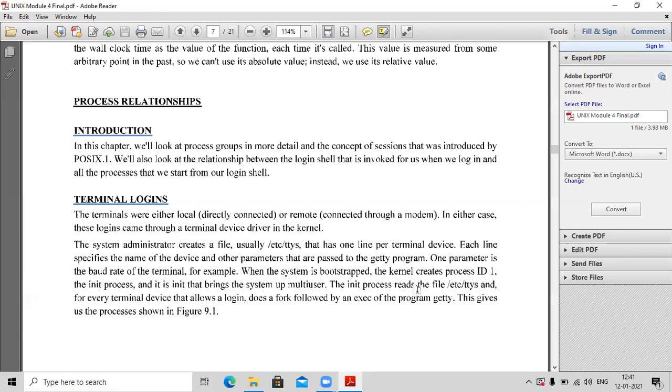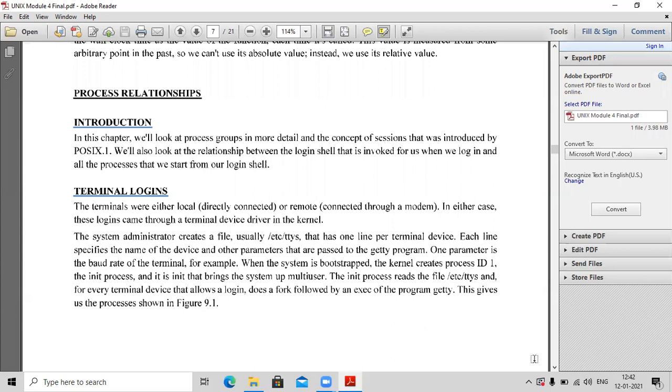So I hope you got some clarity. So what actually is happening? When your system gets booted up, when your operating system gets loaded into ROM, your init process starts up. Your init process will read this particular file, which contains many terminals. Each terminal will provide a login name. For each of the terminals, through fork, a process gets created. Then the init program will call the exec of program getty, thereby your terminal starts to show up.